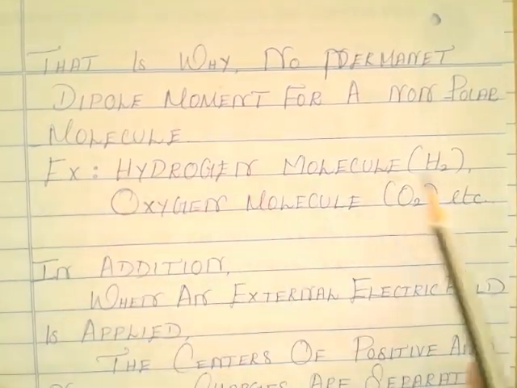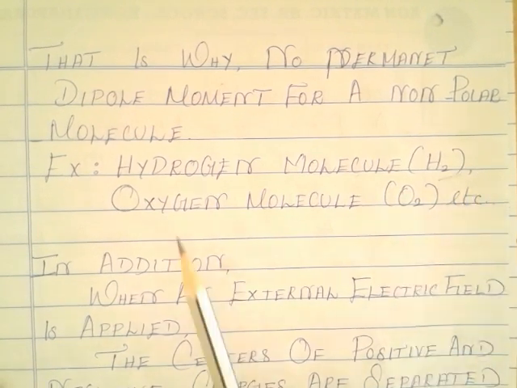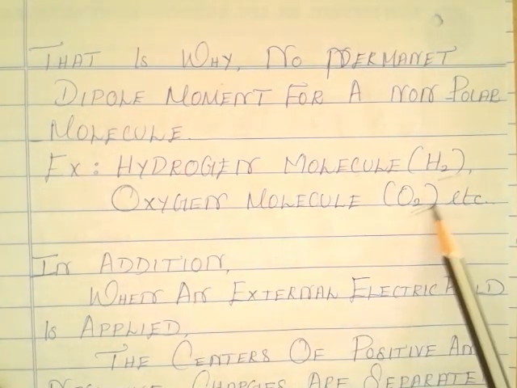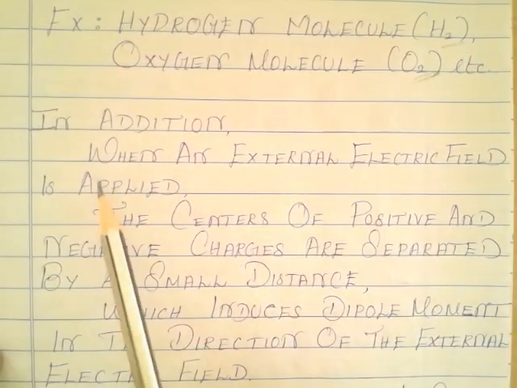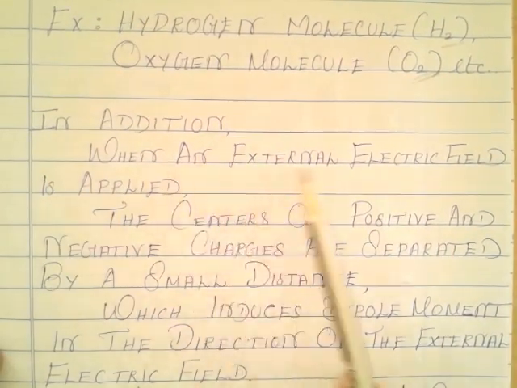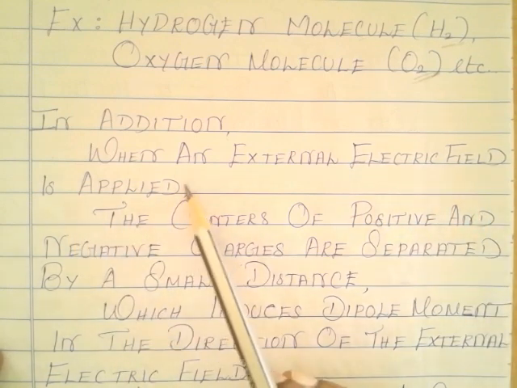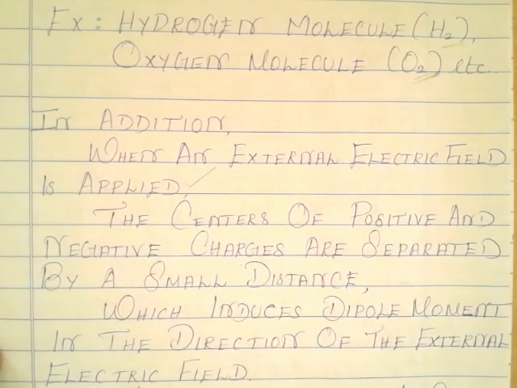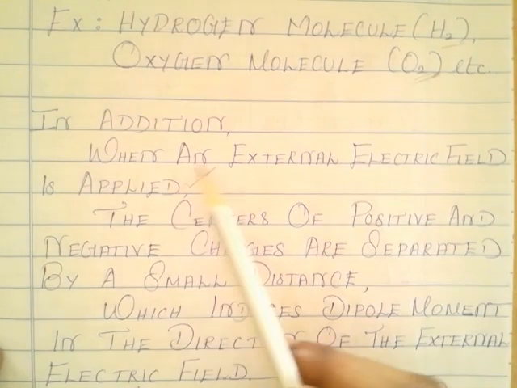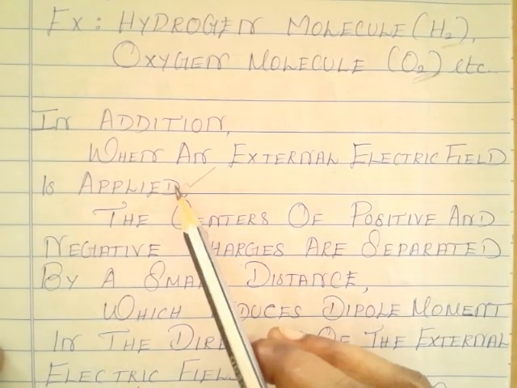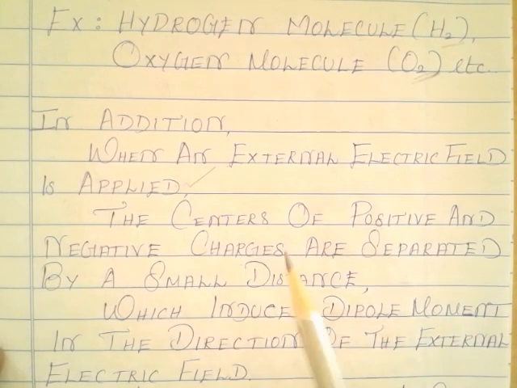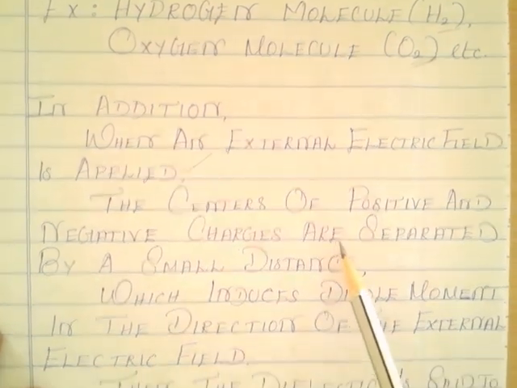Example, hydrogen molecule, that is H2, and oxygen molecule O2, etc. In addition, when an external electric field is applied, listen carefully. When an external electric field is applied to the non-polar molecules, the centers of positive and negative charges are separated